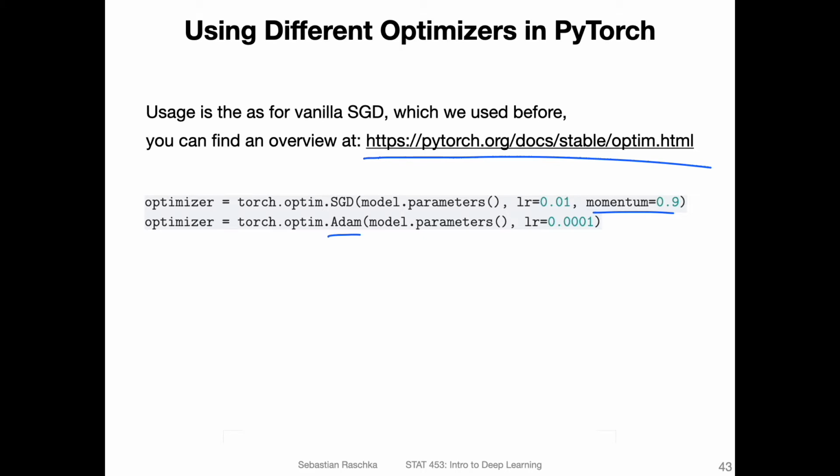So how do we use them? We have already used Optim SGD before in previous code examples and in the homework, I think. So right now the only difference is really that here I added the momentum term to it. Usually I find that using a learning rate of 0.01 or 0.001 works well, but you have of course to experiment with it. It really depends on the data set and weight initialization and data normalization, batch norm, and so forth. There are many things that affect finding a good learning rate,